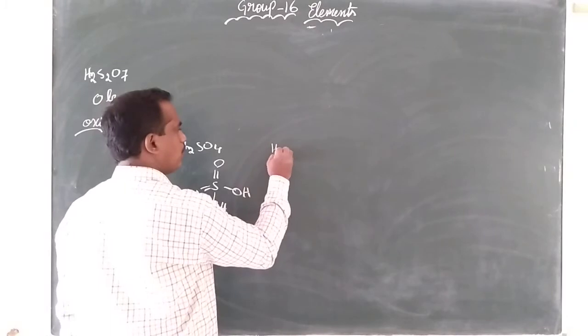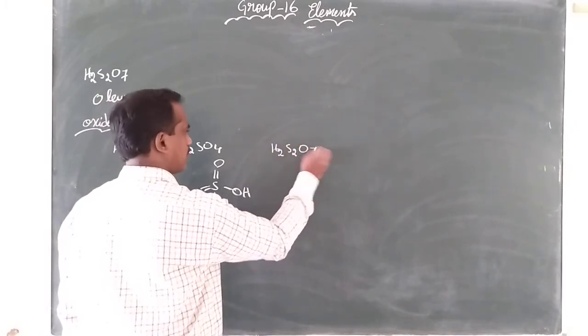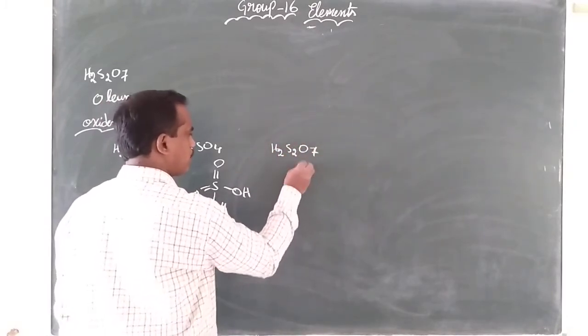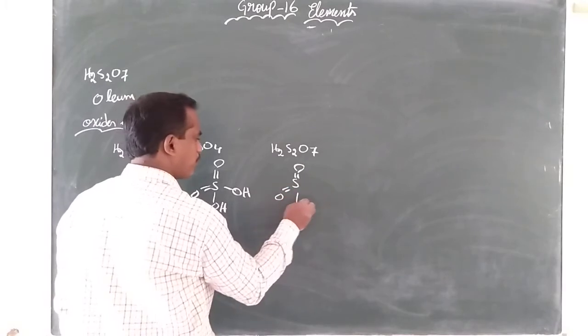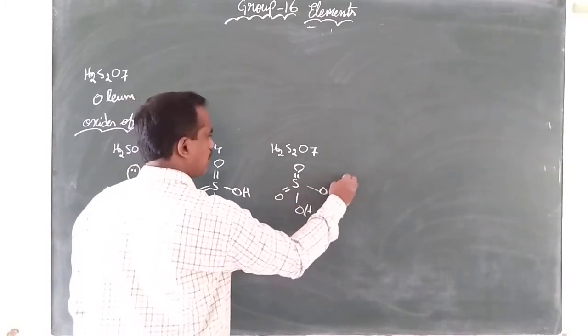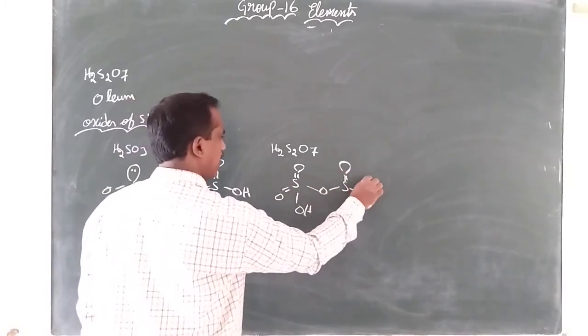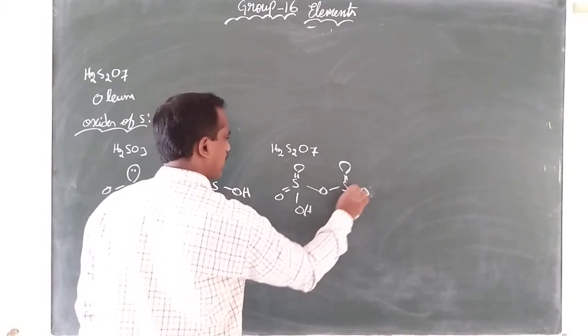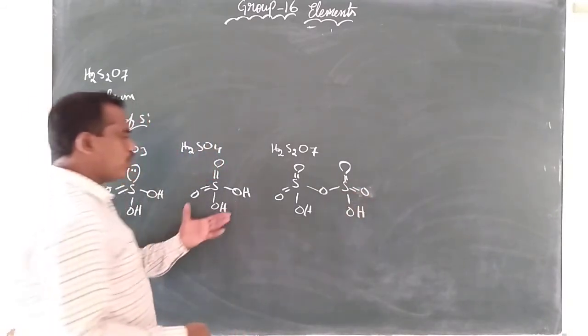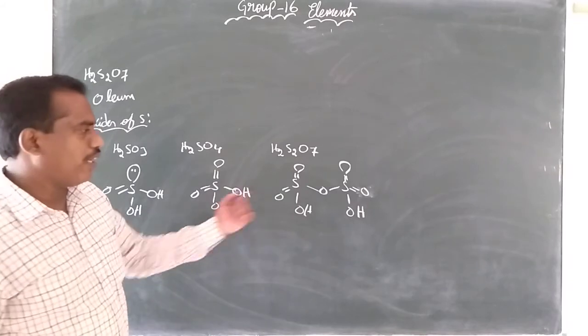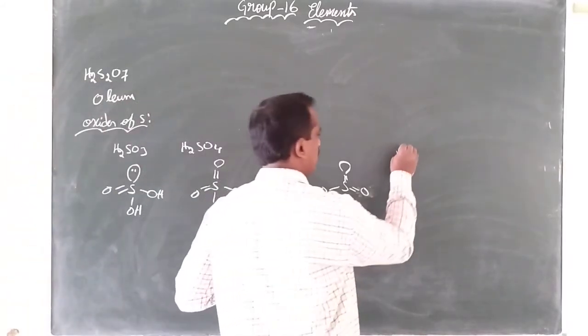Means H2S2O7. H2S2O7 means what? Two of them are brought side by side, so they will have an oxygen linkage. The two molecules, when they lose a water molecule, will form an oxygen linkage. Or if you see